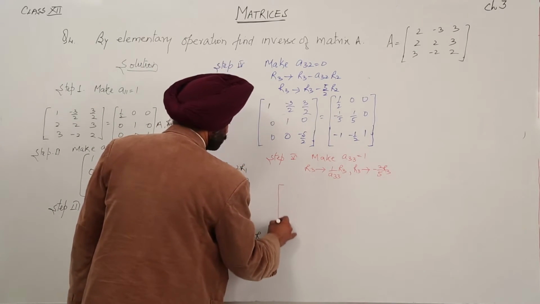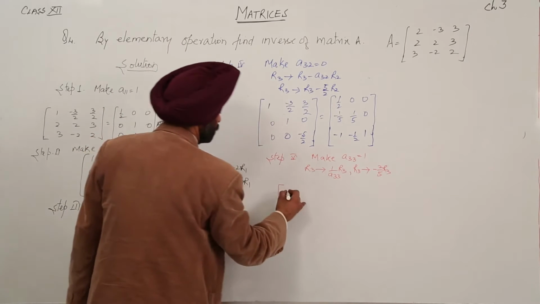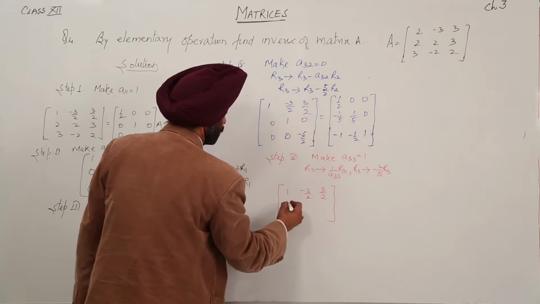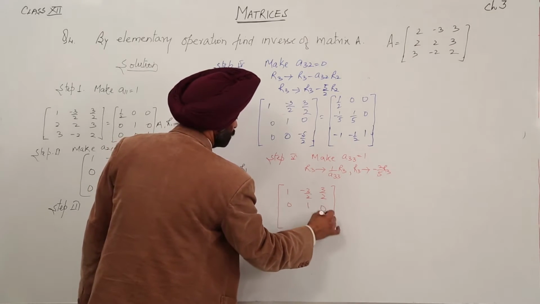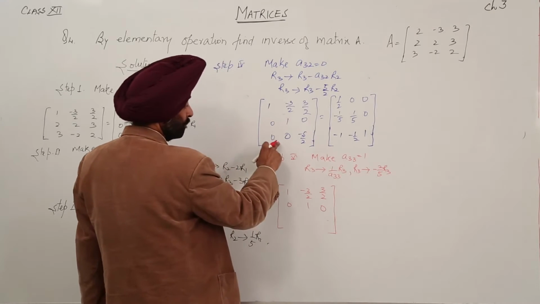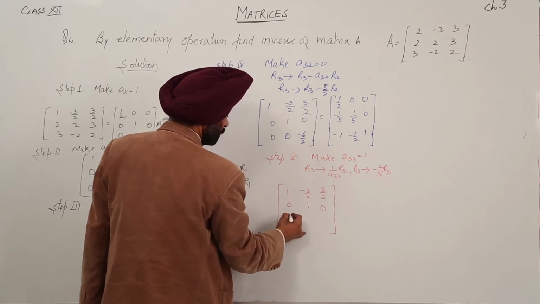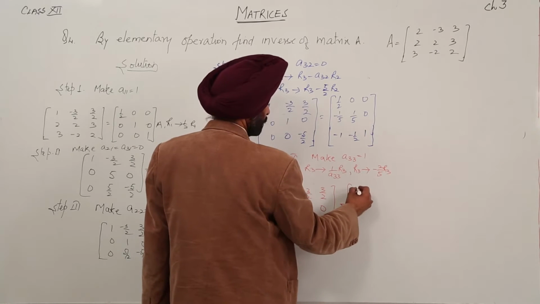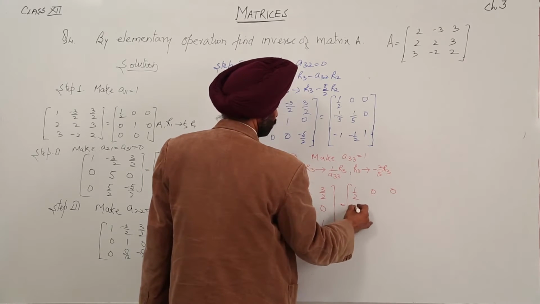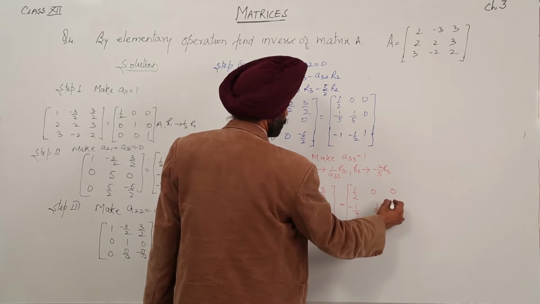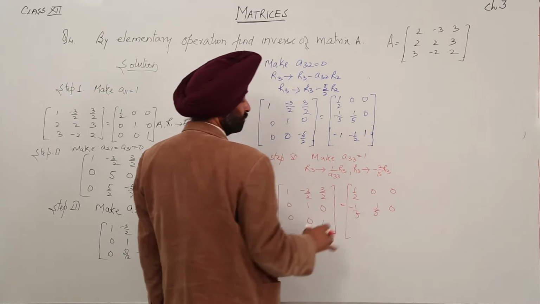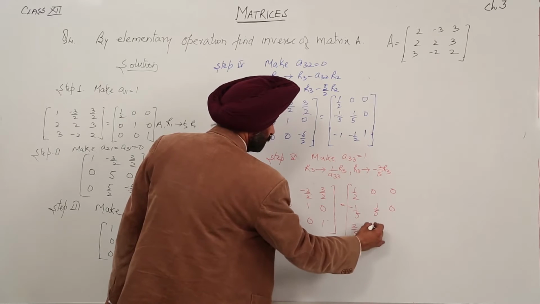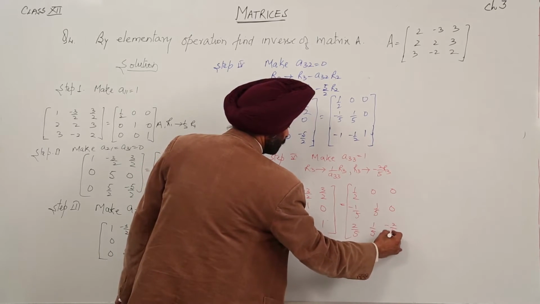So we are changing only the third row. Okay. From here 1, minus 3 by 2, 3 by 2, 0, 1, 0, multiplying this by minus 2 by 5, we get 0, 0, 1. Similarly this side we are having 1 by 2, 0, 0, minus 1 by 5, 1 by 5 and 0. Now the third row, after calculating, we will be having 2 by 5, 1 by 5 and minus 2 by 5.